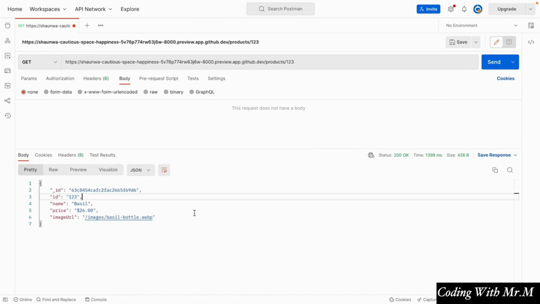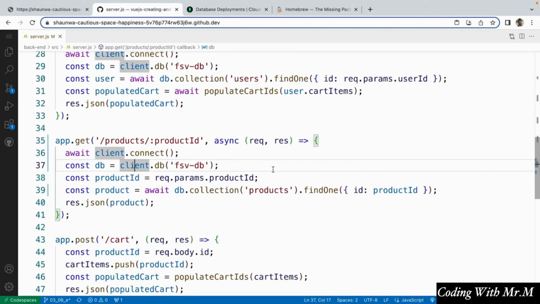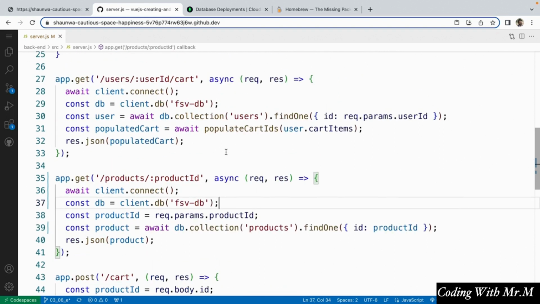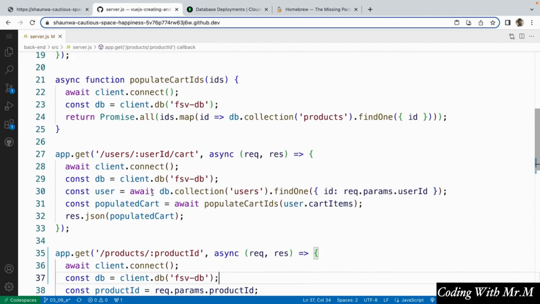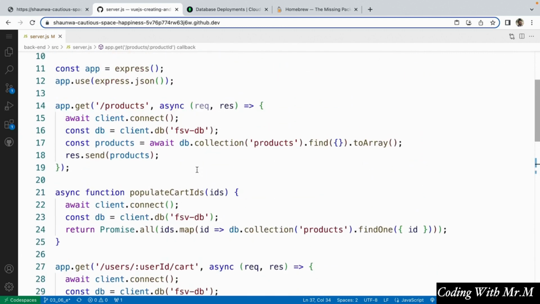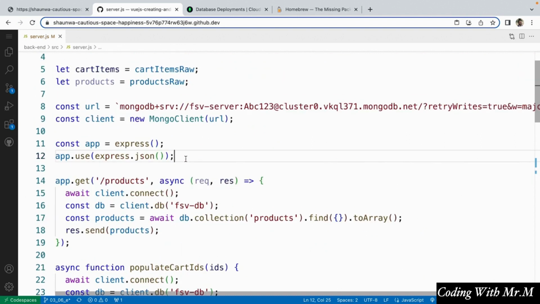Alright. So now that we've converted all 3 of our load endpoints over to use MongoDB, you're probably wondering if there's a slightly less repetitive way of connecting to MongoDB and getting a reference to our database. And the answer to that is yes. So what we can do is, instead of having to add these same 2 lines to each of our callbacks that we want to use MongoDB inside of, we can actually just connect to MongoDB when we set up our